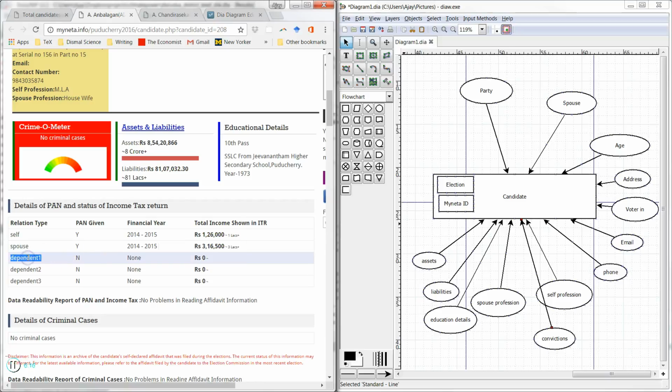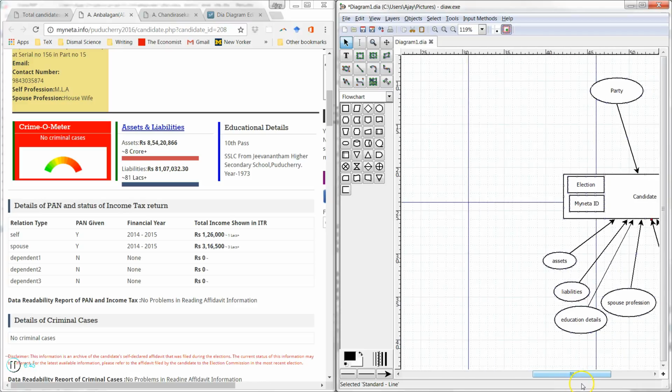And then the first dependent, so if they have a child. I'm guessing these are all 0 because they don't have any dependents, but basically what this is telling us is that the unit of analysis is no longer a candidate, it is a candidate and also a relation, right? So the candidate and that relationship are now what we need to uniquely define a PAN, I guess a PAN report, we could call it. So now